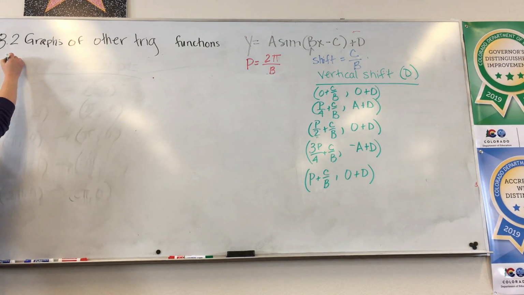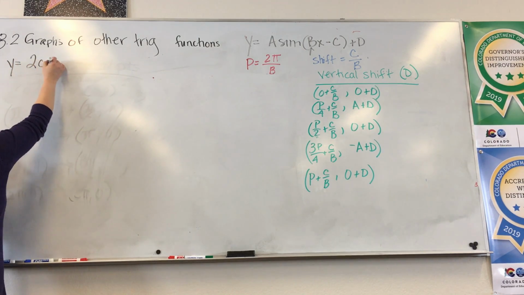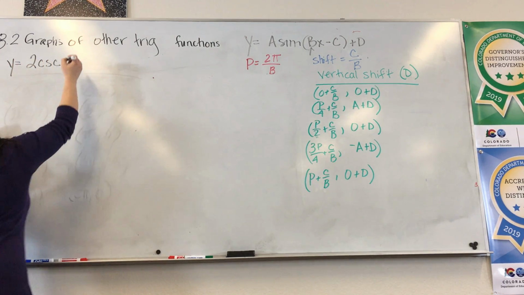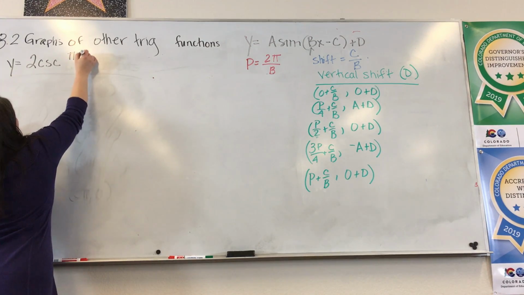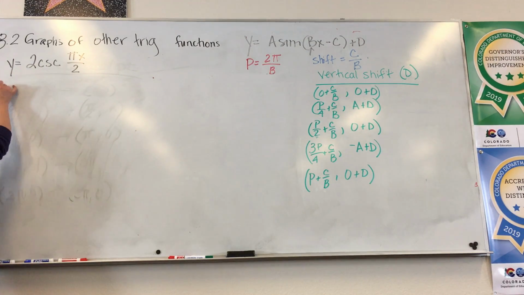So let's do this. Let's say y equals 2 times the cosecant of pi x over 2. So we're gonna graph that. All you're gonna do is you're gonna change cosecant to sine. And you're gonna start by graphing